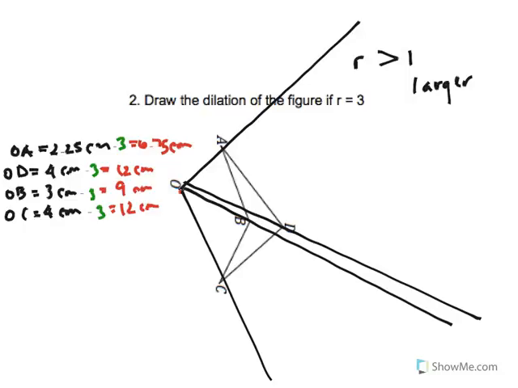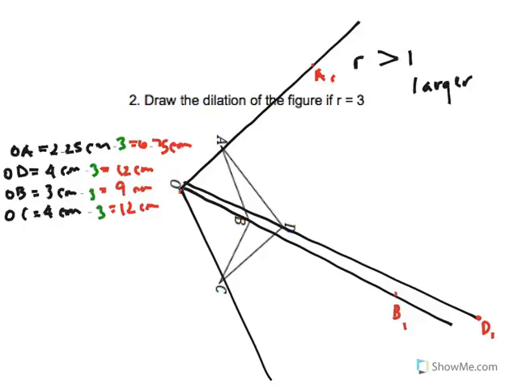So along the A guideline, I'm going to measure 6.75 centimeters. That's going to put me right about here. Okay, A prime. Along the B guideline, I'm going to measure 9 centimeters. It's going to put me right about here. Along the D guideline, I'm going to measure 12 centimeters. Puts me right here. And then on the C guideline, I'm going to need 12 centimeters, which puts me off the map, somewhere around there. Okay, so I connect my